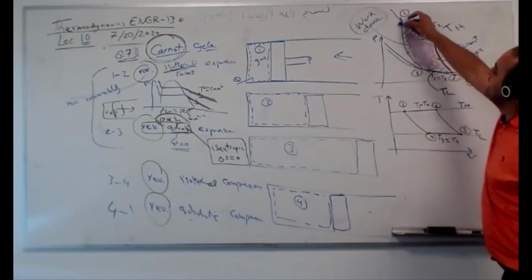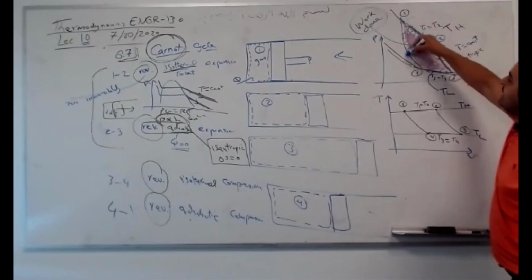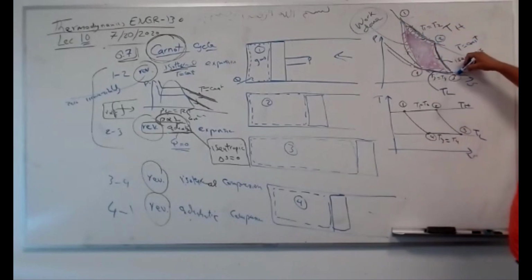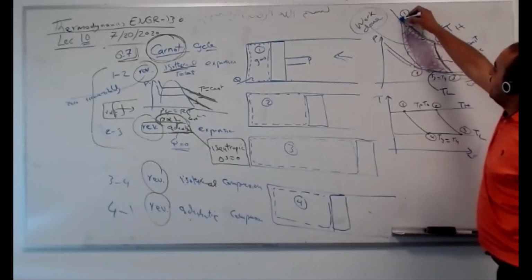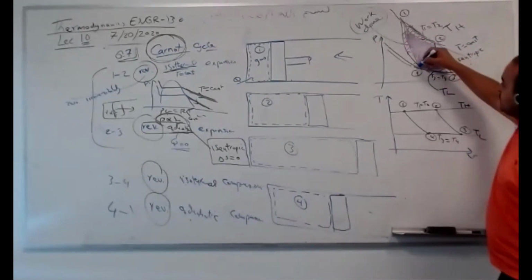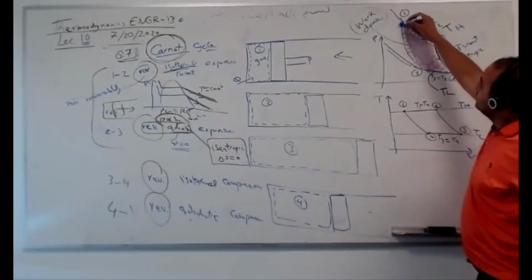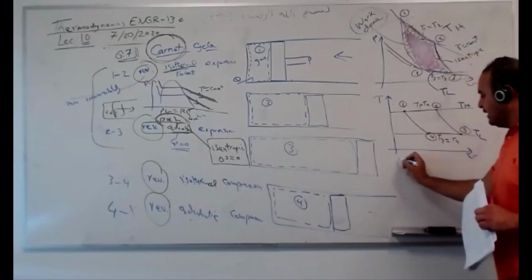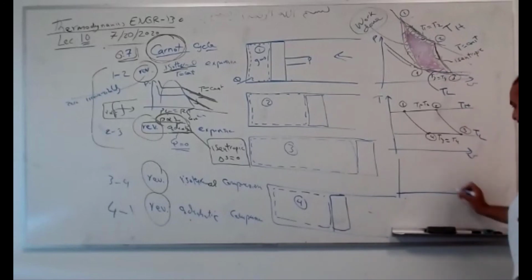This is called a cycle because I return back to the original initial state. Isothermal, adiabatic, isothermal, adiabatic. Adiabatic and reversible is called isentropic. We're going to discuss it later. Here also, reversible and adiabatic, also isentropic. So if you plot this later in the TS diagram,